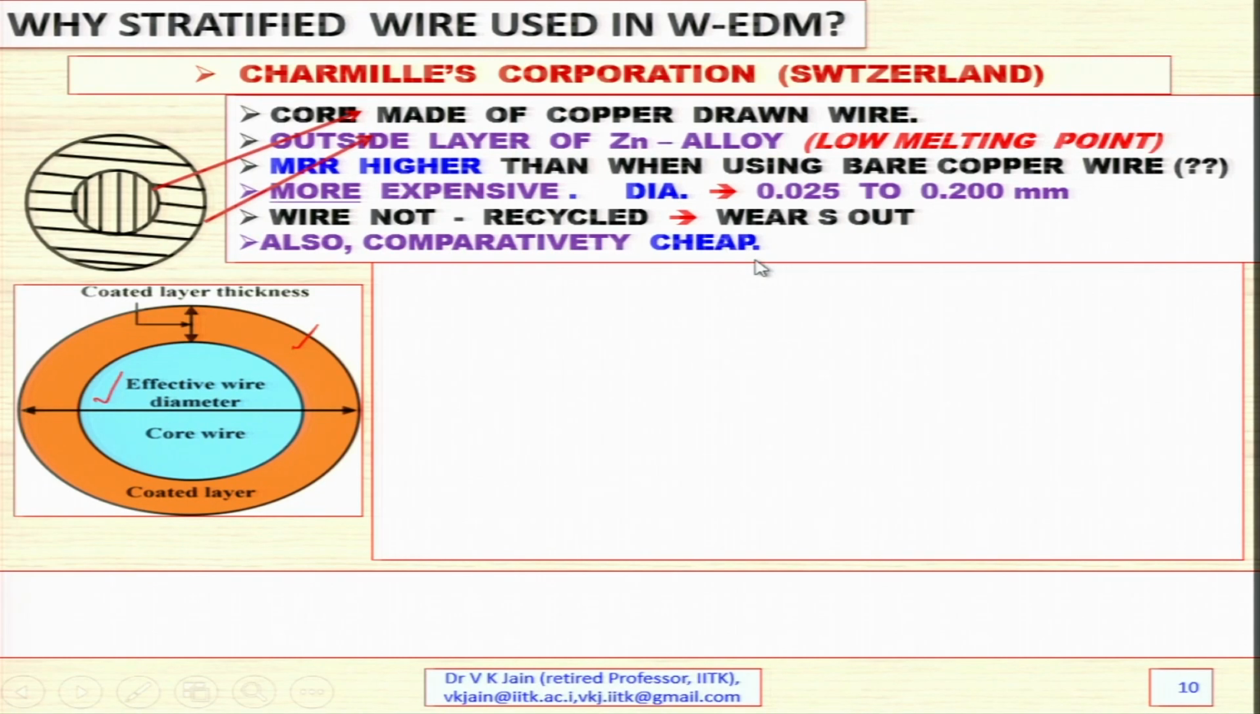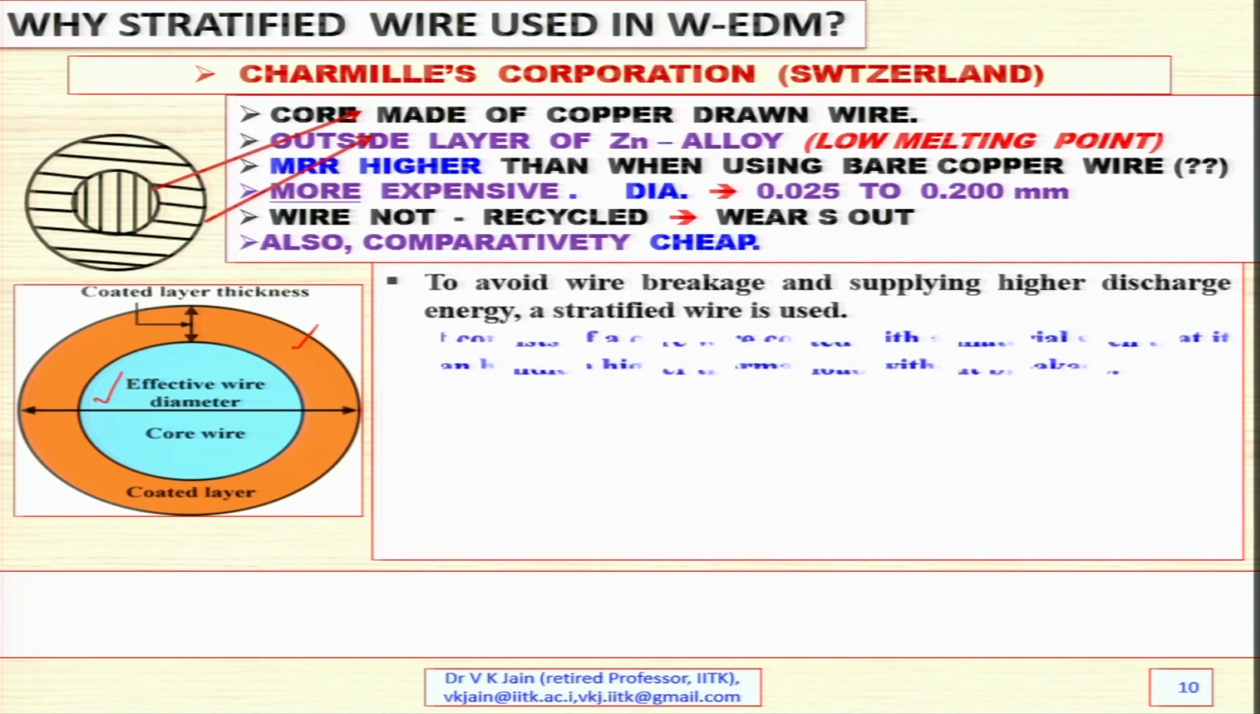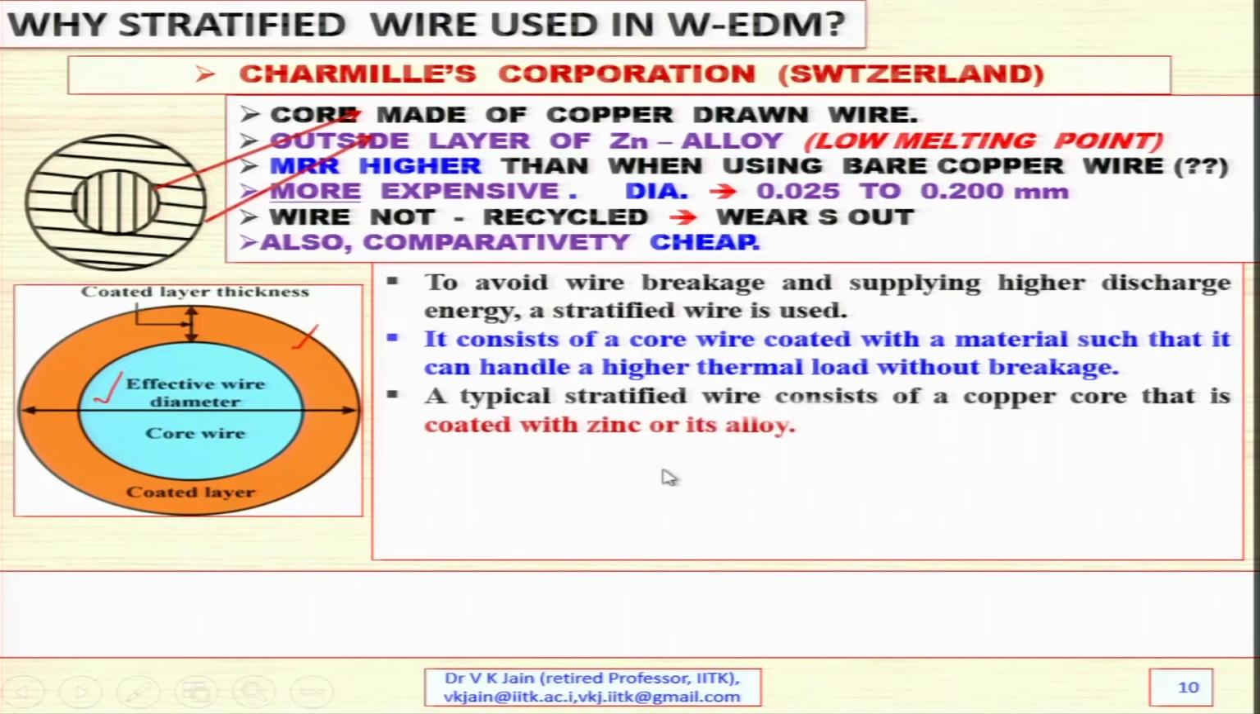Also comparatively cheap. Now, to avoid wire breakage in supplying higher discharge energy, a stratified wire is used. It consists of a core wire coated with material such that it can handle a higher thermal load without breakage. So this is the coating which I have already told you, and this is the base wire or core wire, and a typical stratified wire consists of copper core that is coated with zinc or its alloys,